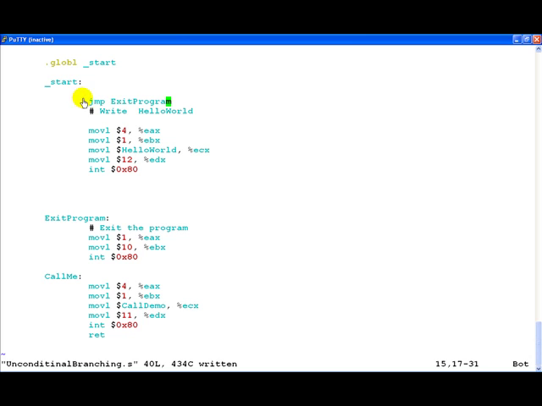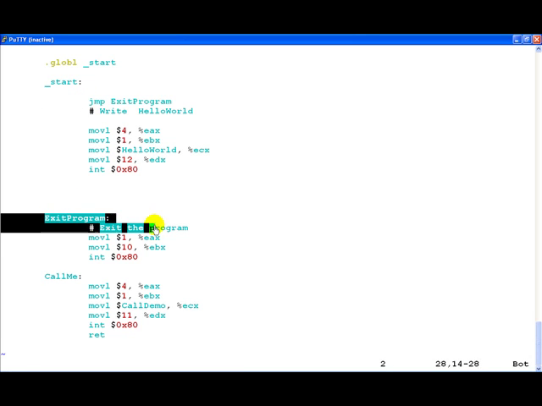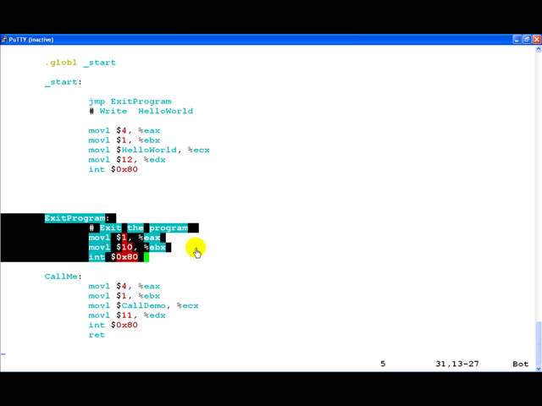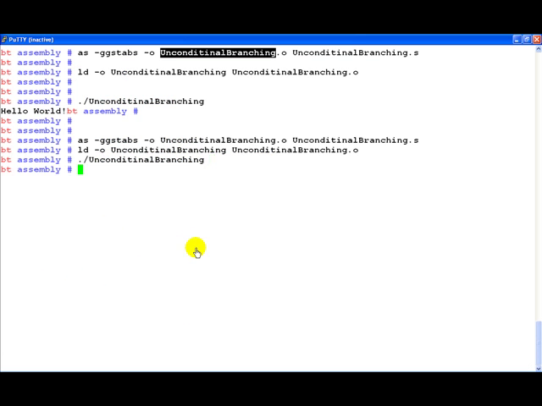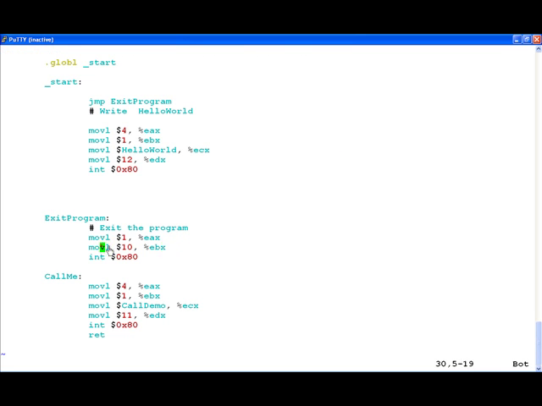What is expected is that the jump instruction should be executed and immediately the program control transfers to the exit program routine, which very simply exits the program. And this is exactly what is happening. Value 10 is the return status code.